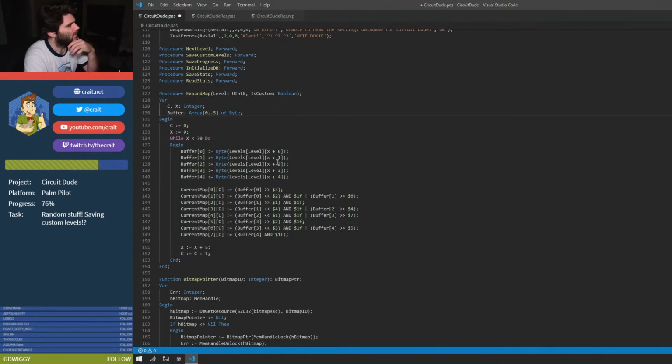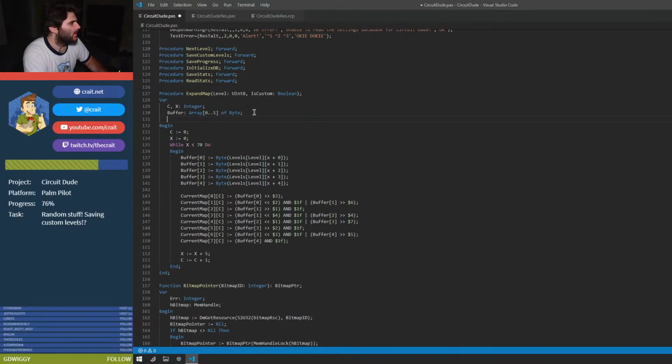The naive way would be to just copy paste this into if blocks, but I want to do a pointer. I want to say the level array, the level and a